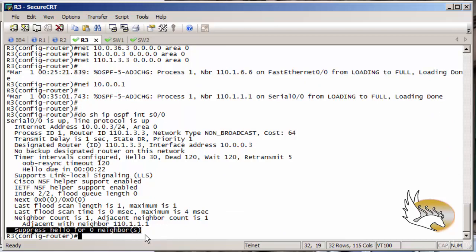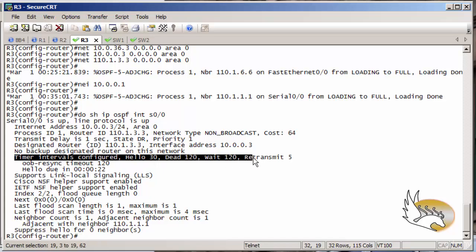On this type of network I'm not sending any hellos, although you can see that I use the same intervals, dead time and waiting time for this serial interface as well. But because this is a frame relay interface, I'm not sending any hellos and I'm not expecting to receive any